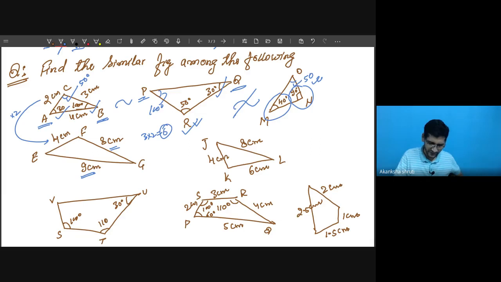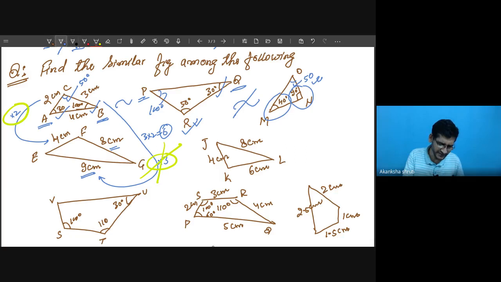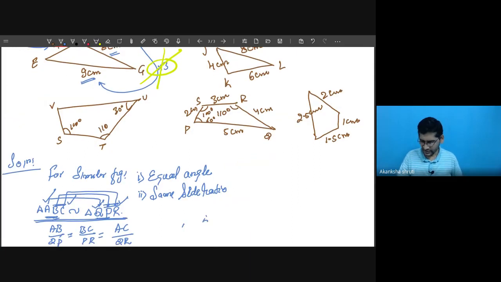Okay? Or if you compare with this 3, here you are getting the factor is 3. Once the factor is 2 and the other factor is 3, so it becomes wrong. So this is the wrong one. So from this, just comparing the two sides, we can quickly tell whether they could be similar or not. So here you can say this triangle ABC is not similar to triangle EFG. Am I right here? Triangle ABC is not similar to triangle EFG.